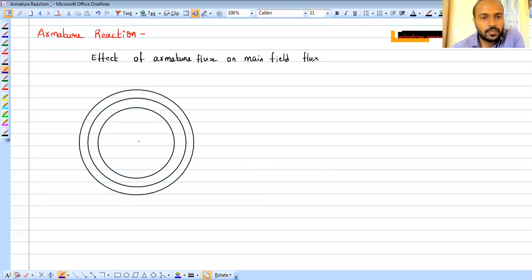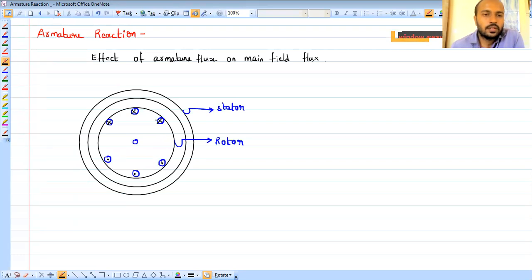this is my rotor, and this is my stator. So the rotor has field winding, right? In our synchronous machine, the field winding will be on the rotor, and now it is a cylindrical rotor machine. So I am considering the direction of current flowing in the field like this. All these conductors are cross and all these conductors are dot.